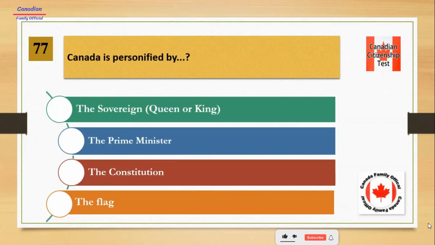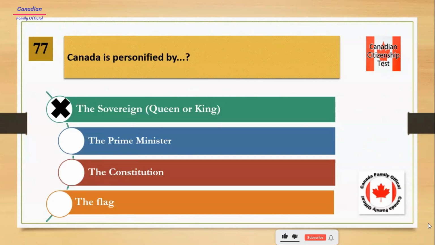Canada is personified by Number 1, the sovereign, queen or king. Number 2, the prime minister. Number 3, the Constitution. Number 4, the flag. And the answer is the sovereign,